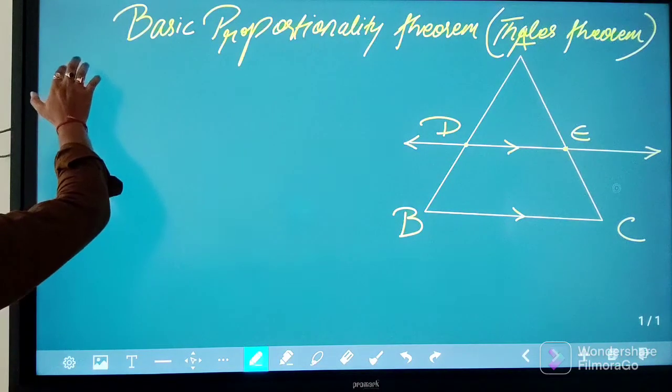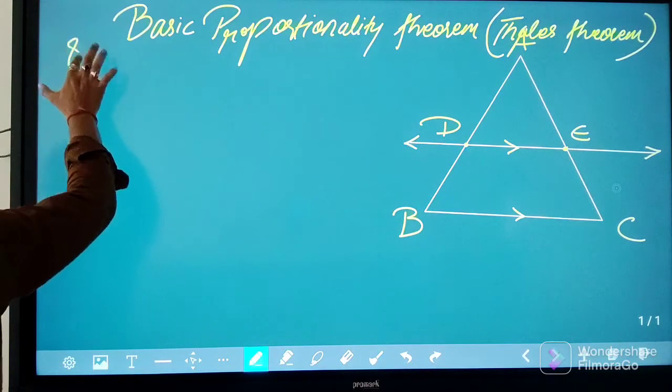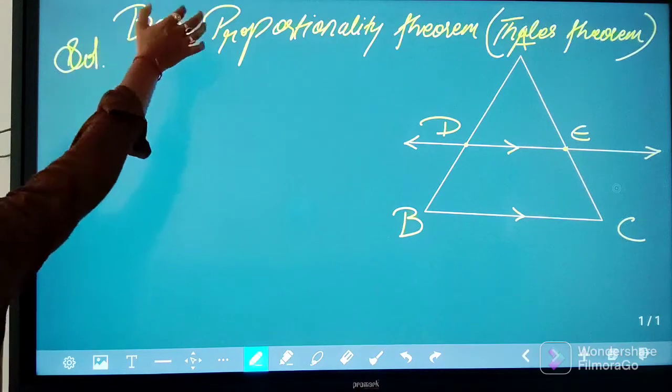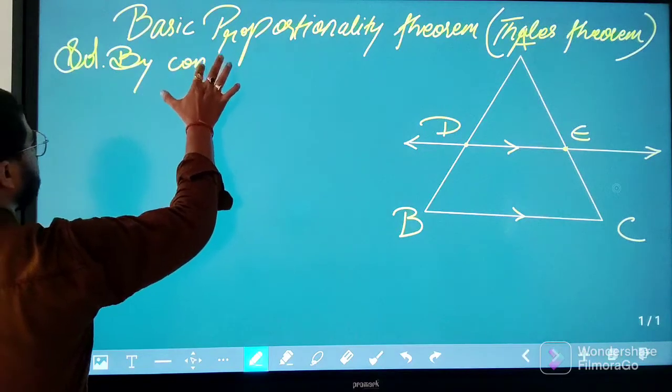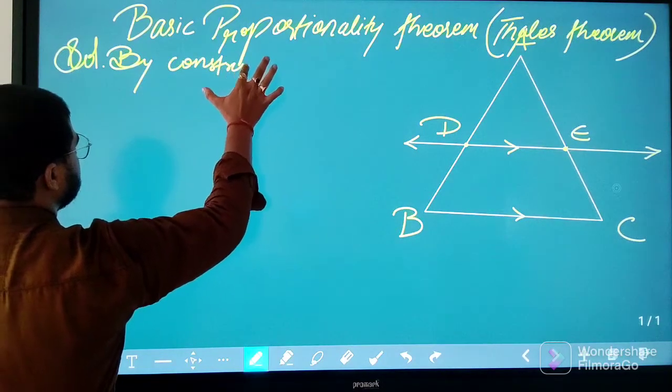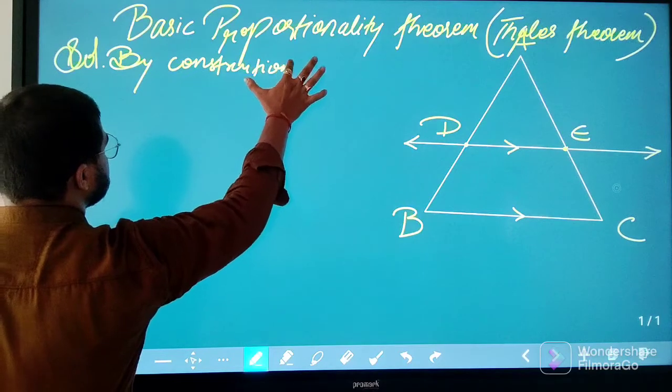So we can say that this is a solution. So what we will do is, by construction,